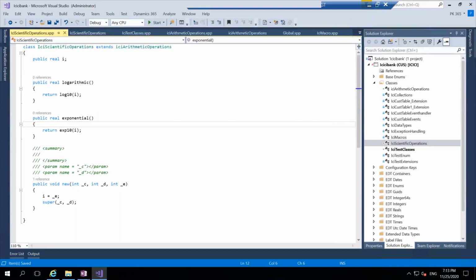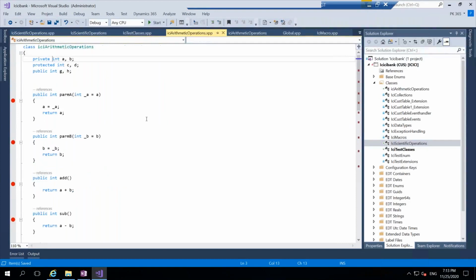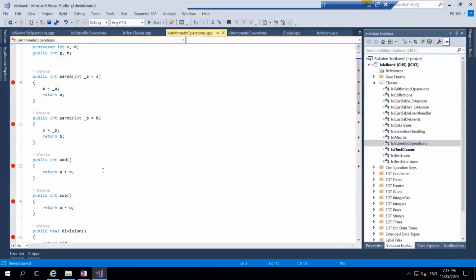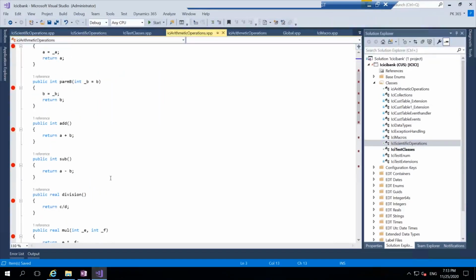Now this is my scientific calculator. My customer came up with one more requirement. Adding two numbers in the arithmetic is not enough. He wanted to add three numbers. So now what I want to do is take this addition,